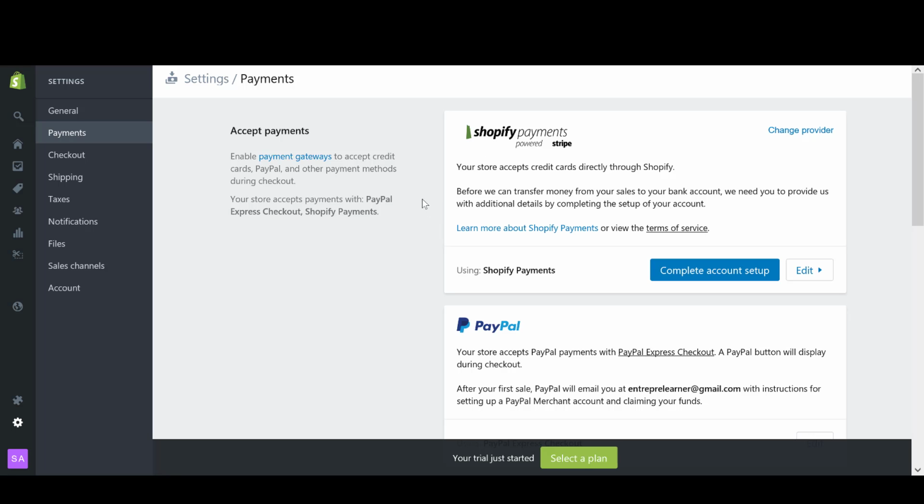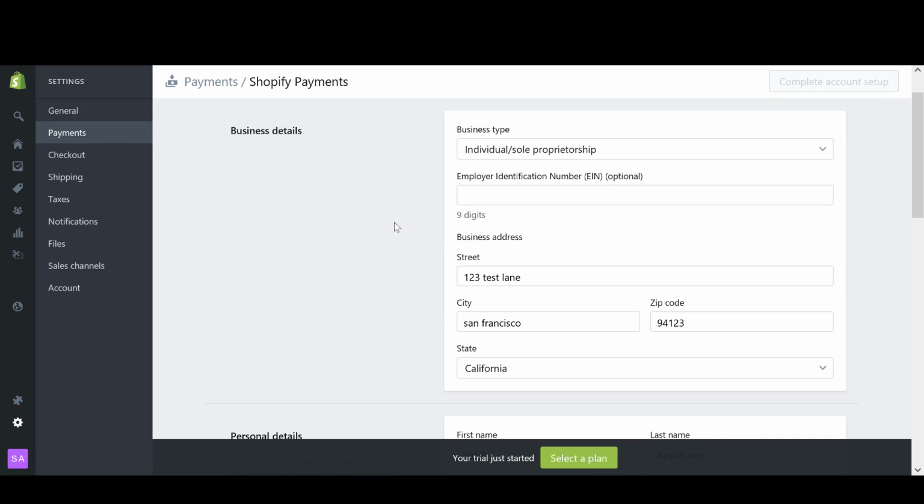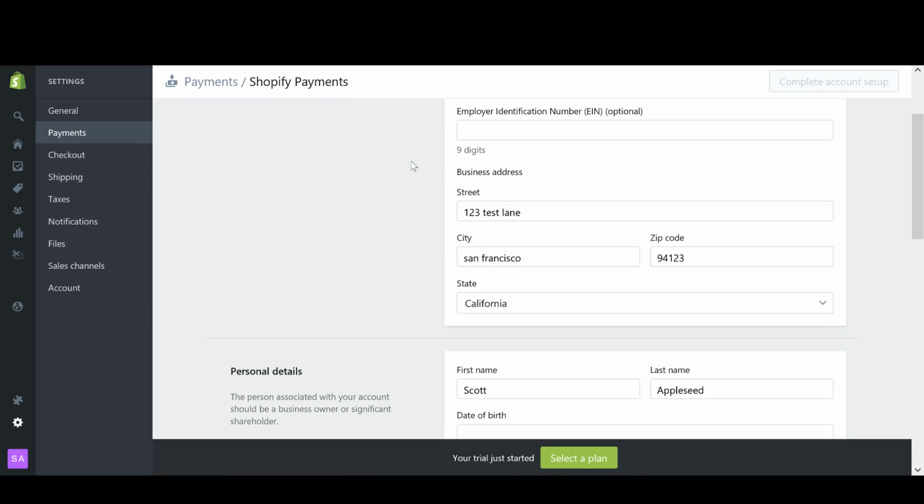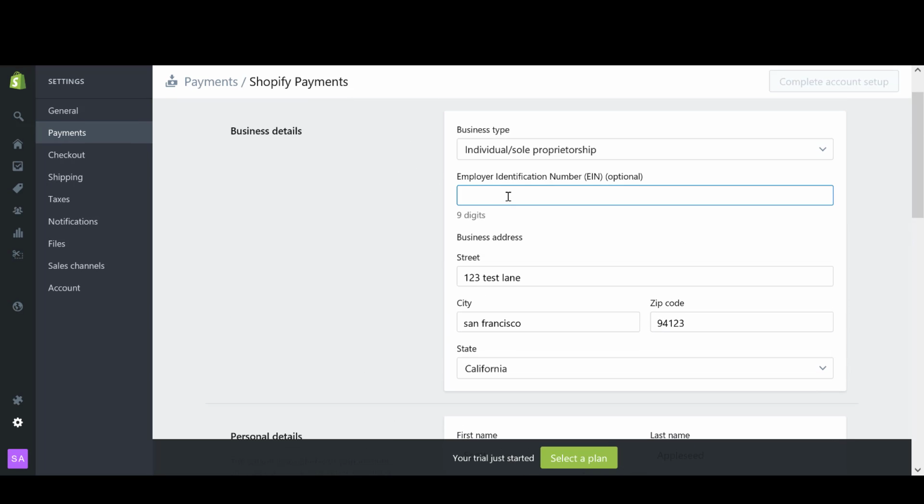And once you set this up, and this will require you to, if I click on this, put in your employer identification number, what kind of business type you are, are you an LLC, a partnership, a corporation. Important here is that you do need this EIN, meaning this is your tax number, your employer identification number that will be handed to you by the respective state that you are in. In order to get this number, you would have to either go through an